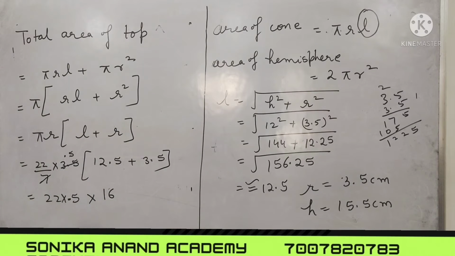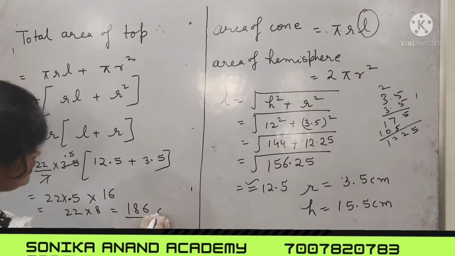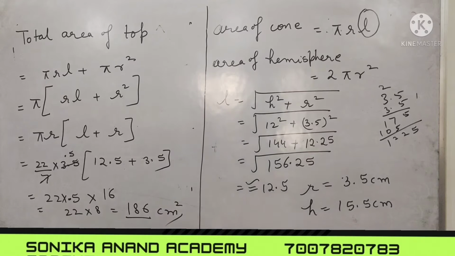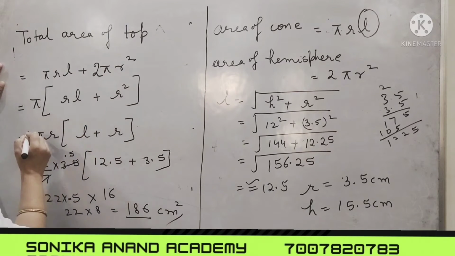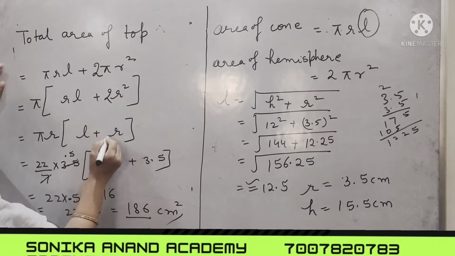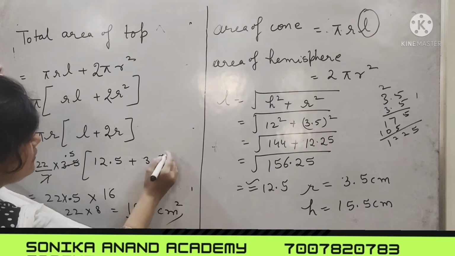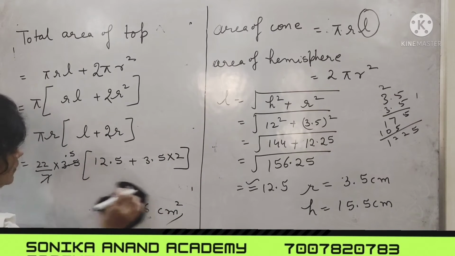Clear? So it becomes 16 5s are 80. That is 8, 8 to the 16, 70, 186 centimeter square. I have done something wrong. It is 2 pi r square. So this is 2, this is 2, and when we multiply it with 2, we get